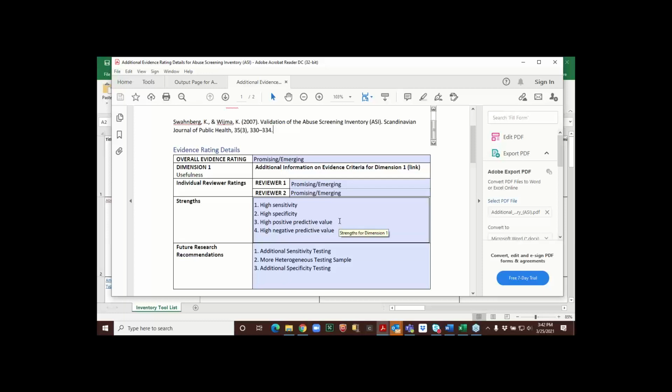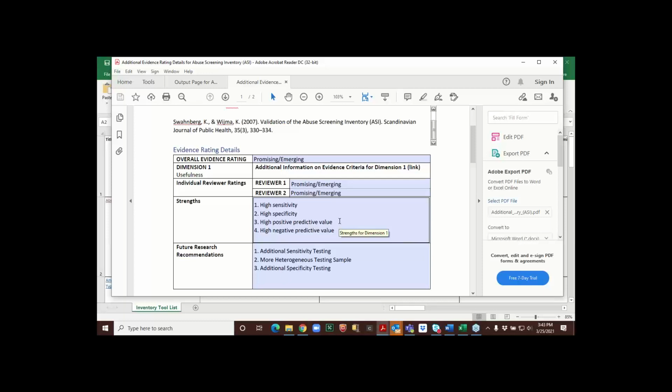We framed this as future research recommendations and strengths for a couple different reasons. The first being, the strengths are just things that the reviewers found during the evidence review process, when they actually engaged with the research literature. In almost all cases, certain things were highlighted, and we went through a categorization process in order to include them into this section of the inventory. But even if something doesn't necessarily have a strength listed here, once again, that does not necessarily mean it's a bad tool. The future research recommendations, we felt it's more appropriate to frame it this way rather than as a weakness,